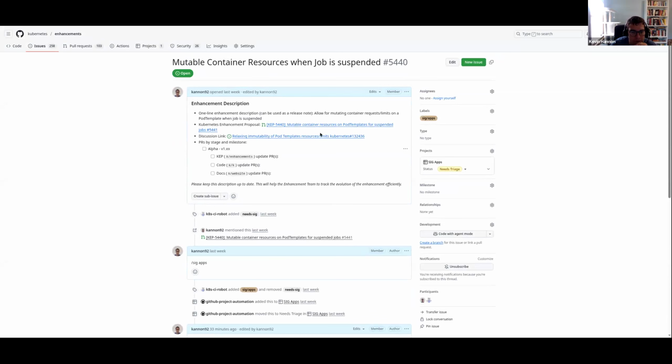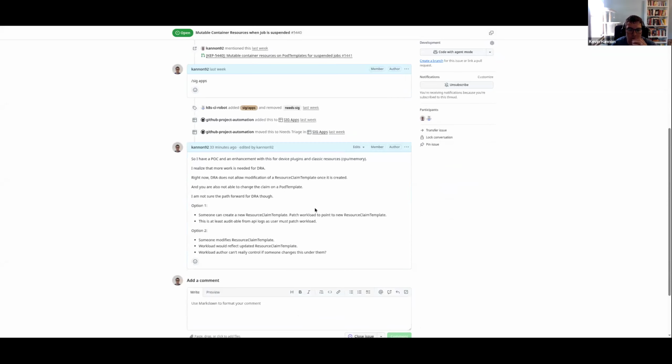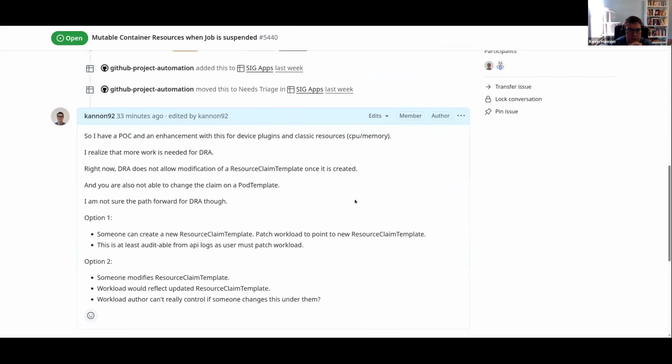Basically, with the KEP, I go through this example for device plugins and classical resources. So, CPU and memory, you can patch the job when it's suspended, and it will change the resources fine. This gets a lot harder with DRA because obviously in a job in a pod template, you have requests, resources, and limits. You can change those. It isn't as clear to me on DRA how we would approach this because I was playing around with this over the weekend, and we effectively